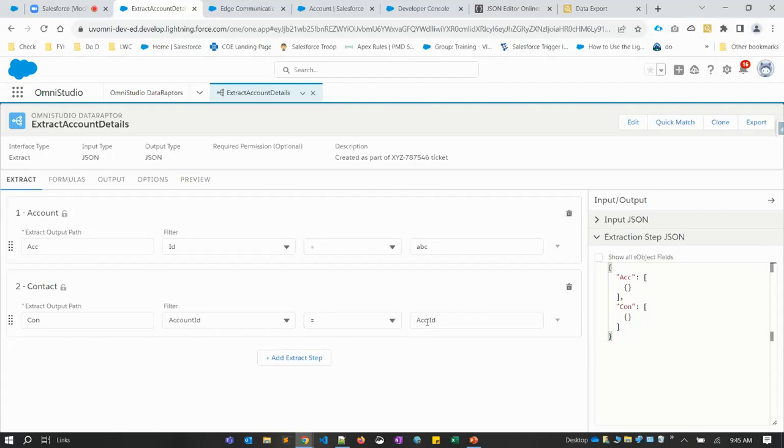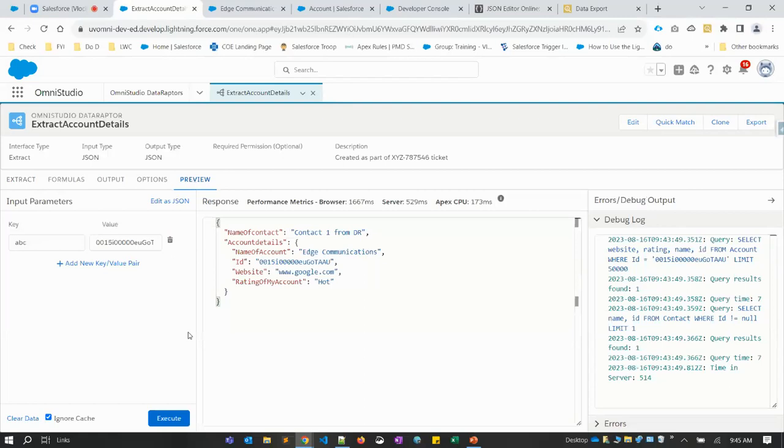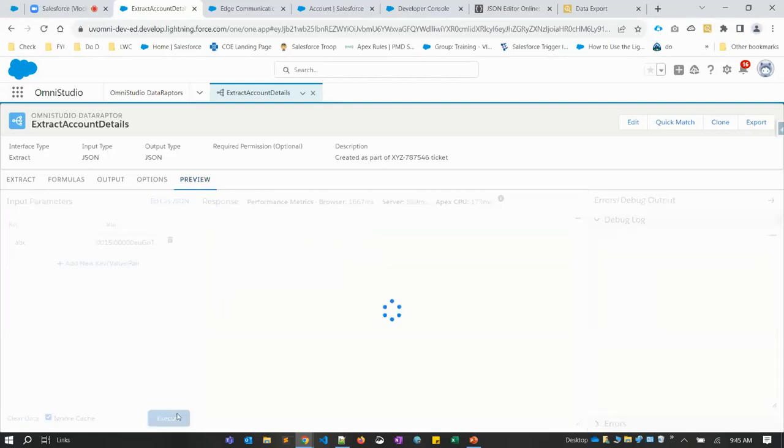So that means ACC colon ID. ACC is the account, ID is the field in the account. So fetch fields from the contact where account ID is equal to ACC colon ID, which is nothing but this account ID. Now when you click on preview and when you click on execute,